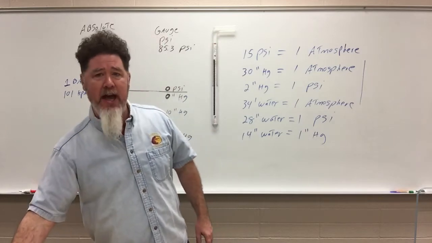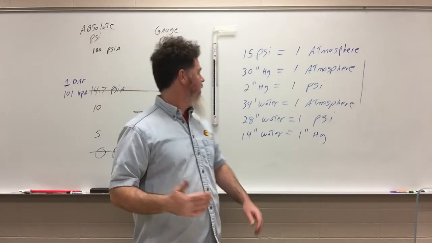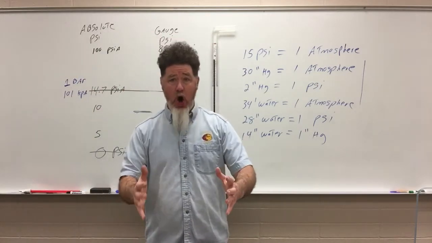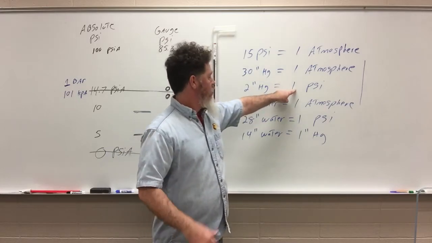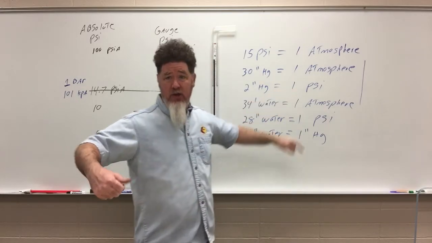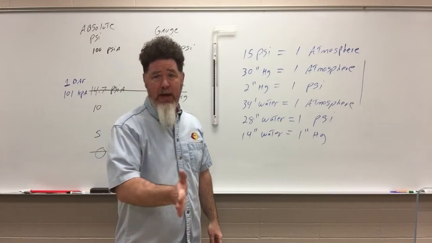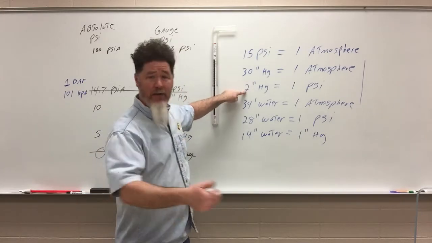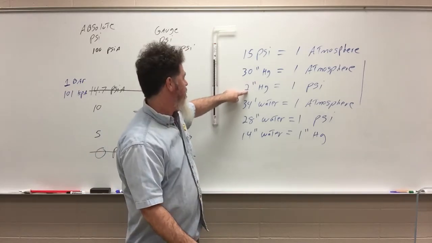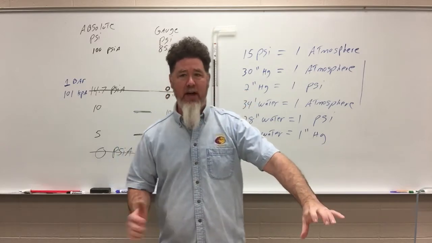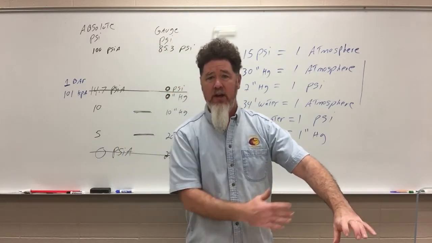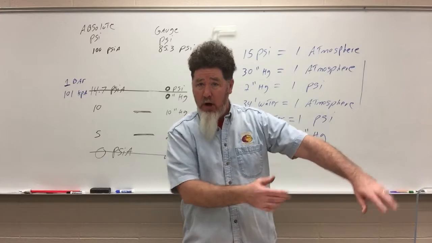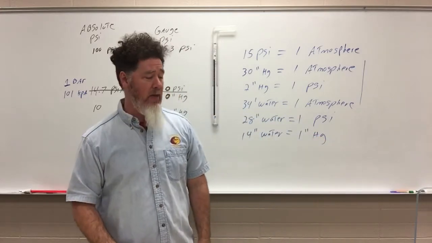The key is that I could take, let's say, a ball, and I could shoot 1 PSI of air pressure at that ball, and it would maybe start moving. I could also take a vacuum cleaner and apply 2 inches of mercury on the other side of that ball, and that ball would still move. I'm trying to pull that ball versus push that ball.